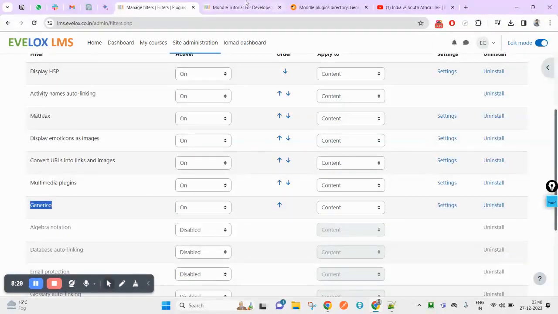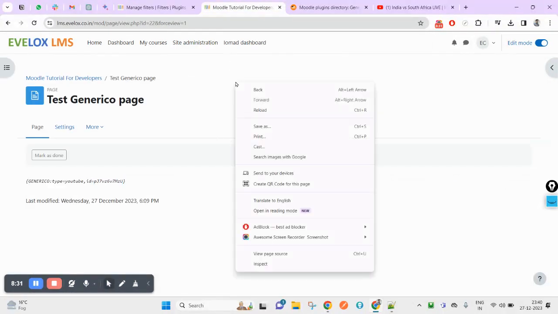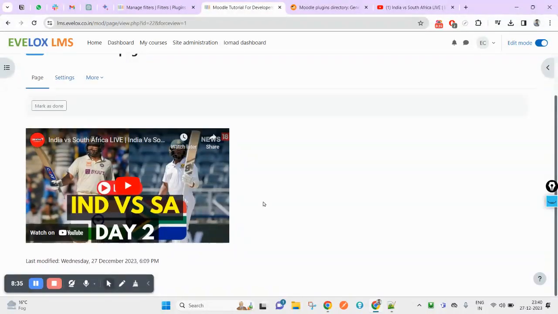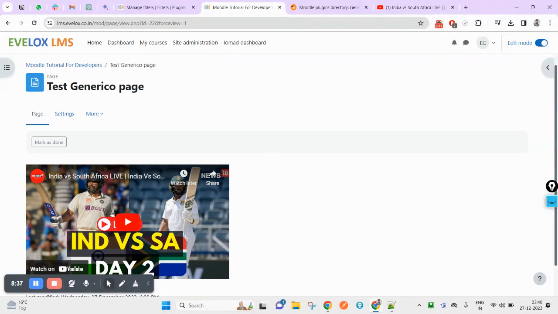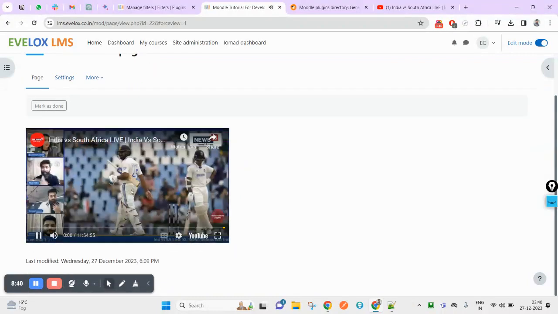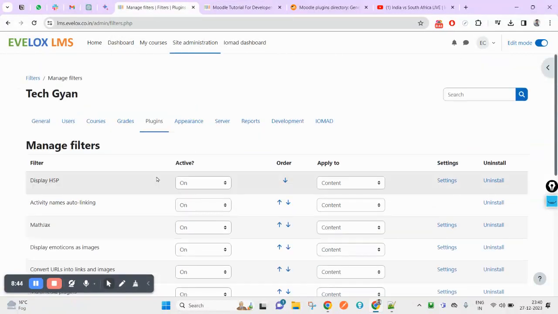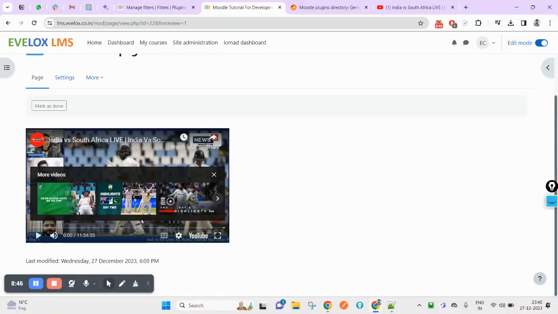Okay, now come back to this page and reload and see, yes, it is working. Okay, it is working. If you play, it will be working fine. Same way we can add a different one. Suppose you have added multiple